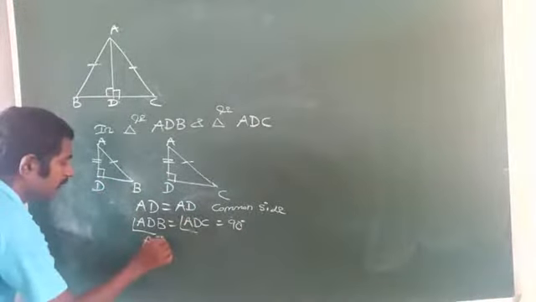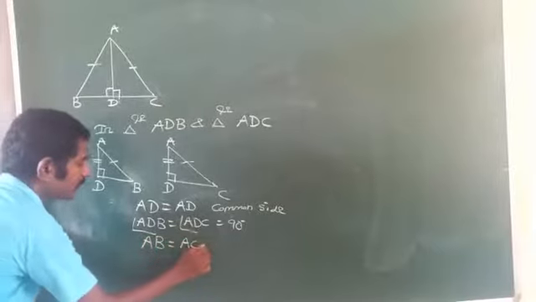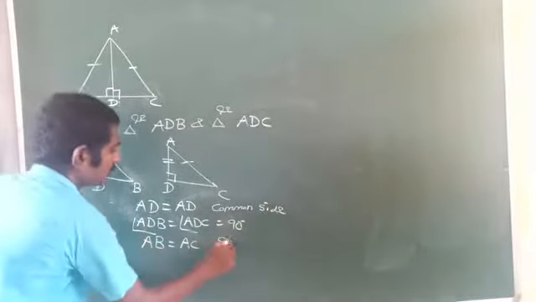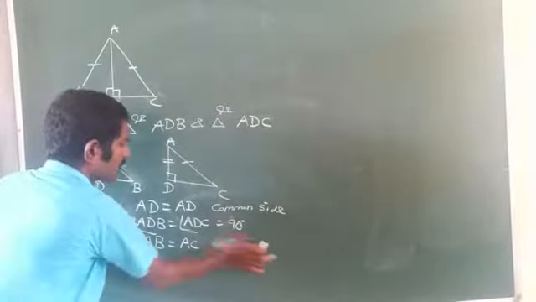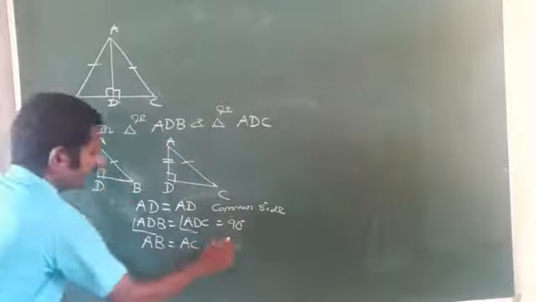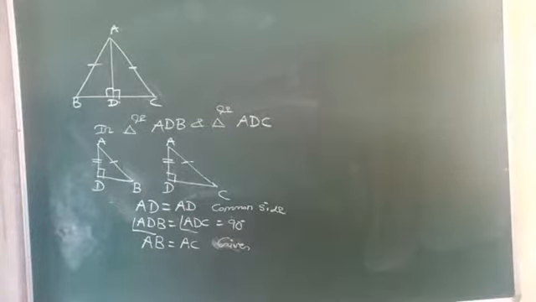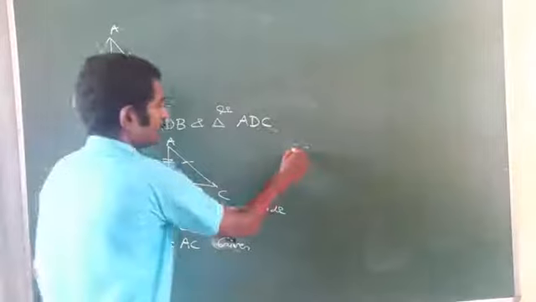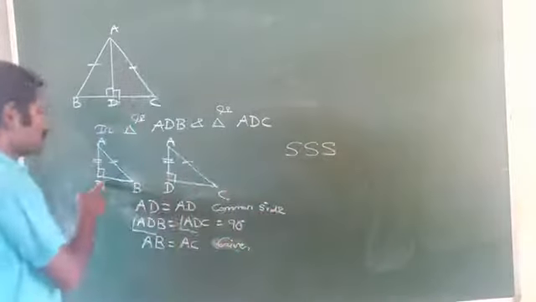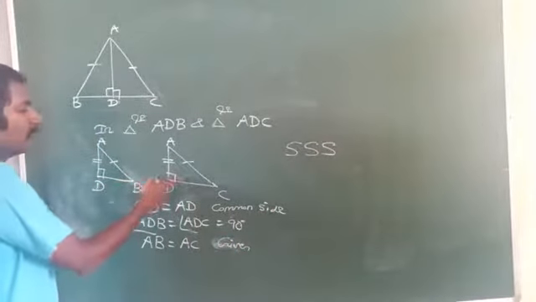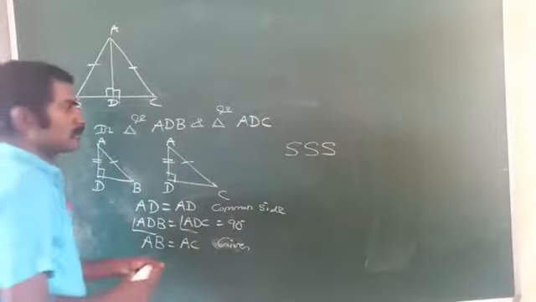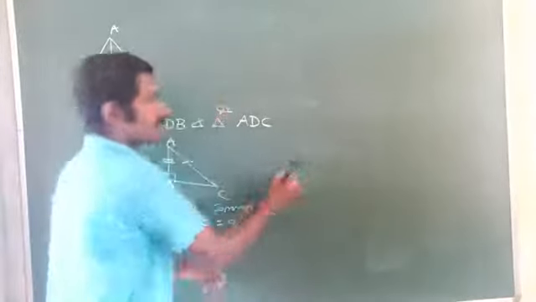Can you tell me why? Yes, equal, same hypotenuse. It is given. So by which congruence rule? What are the congruence criteria we learned? First one is what? SSS. Here all three sides of one triangle are not equal to all three sides of another triangle, so it will not come under the SSS congruence rule.